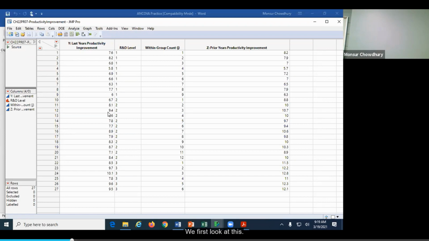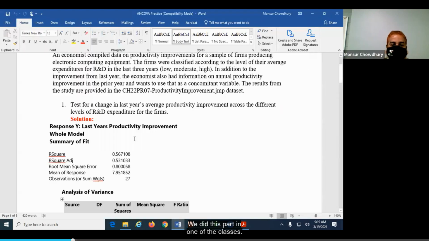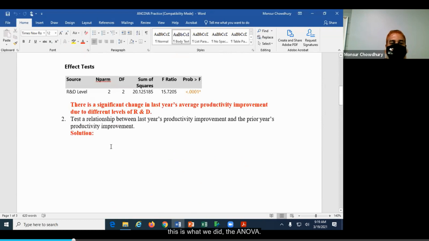This is what we first look at, and we did this part in one of the classes. The test for a change across the different levels, this is what we did, the ANOVA. And then we also looked at the relationship between last year's productivity improvement and the prior year's productivity improvement, because we would like to know whether the covariate has a relationship with the response variable.